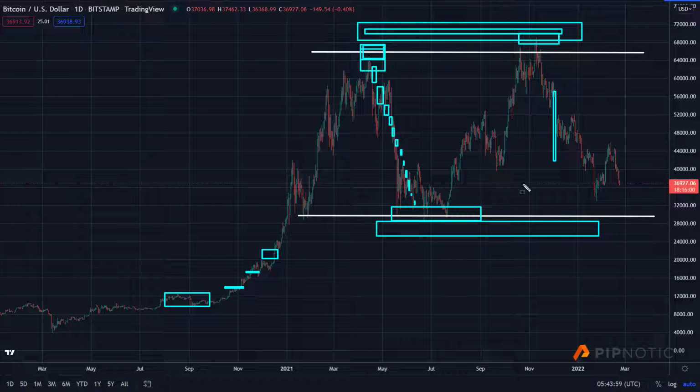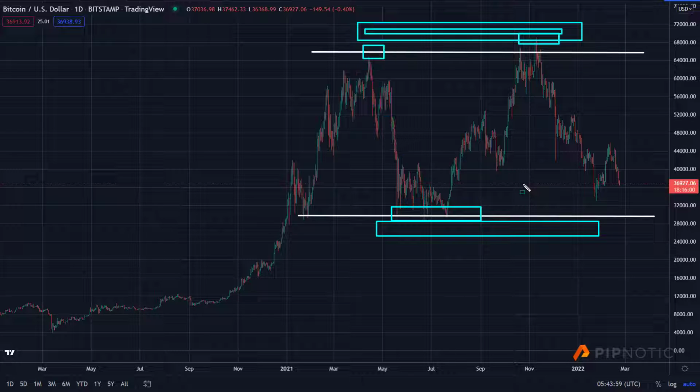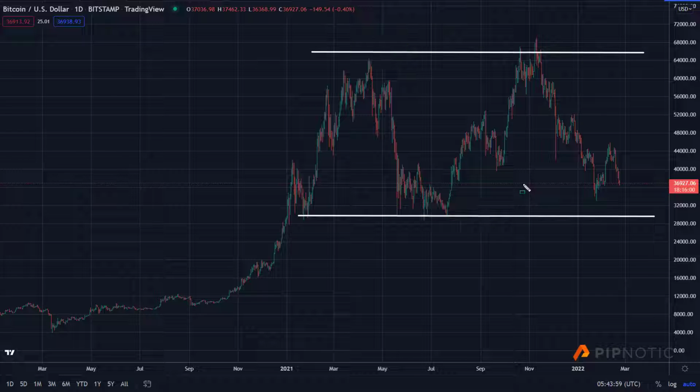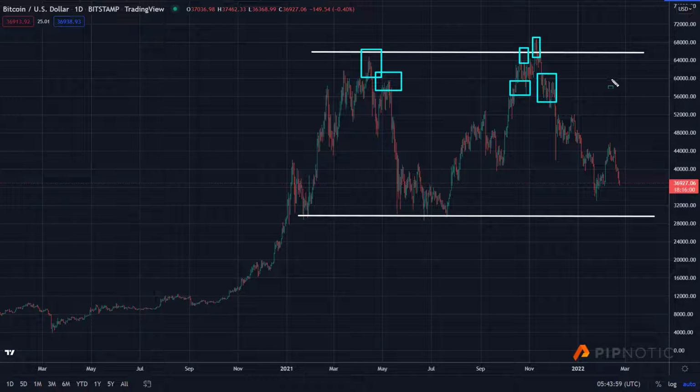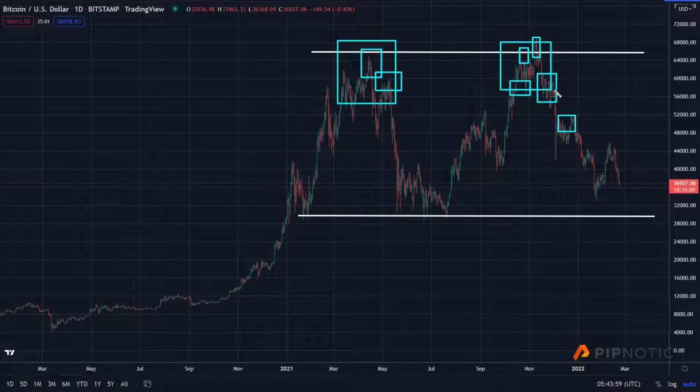Okay, and so what's happening now? Well, the same thing is going on now, where we had these high prices. People who didn't get out here, or didn't know why or where to get out, got out here or here or here, or maybe even here. And so they learned the lesson. The lesson they learned was that the last time price got up to these highs, it was a good idea to get out. Okay, and so what happens now?